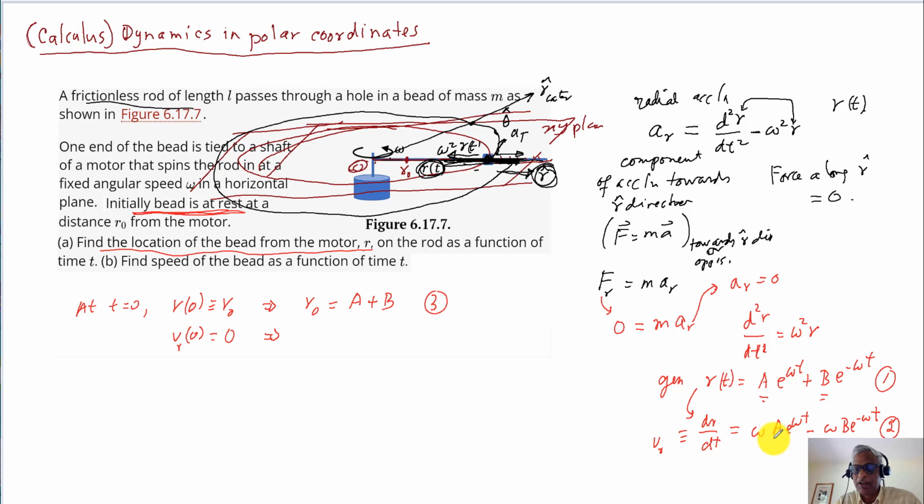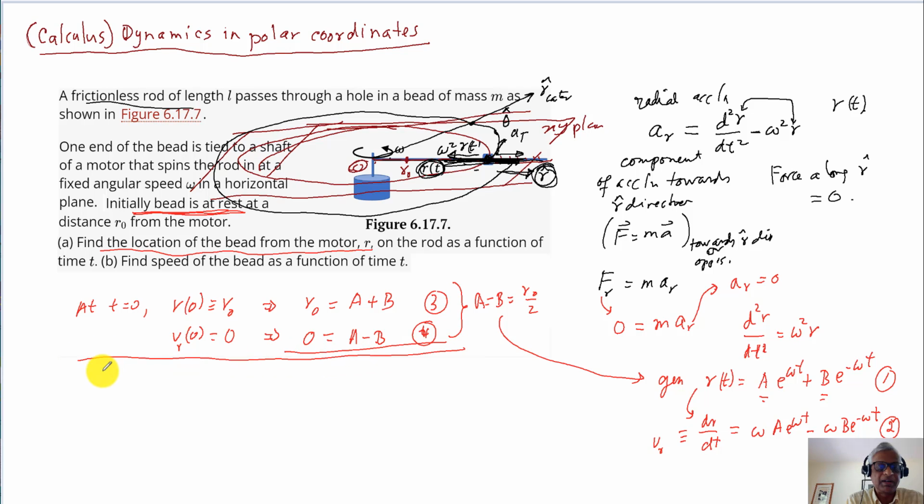So omega a minus omega b is 0. So this is 0 equals omega times (a minus b), and omega can sit on the side. It makes a minus b equals 0. So you can solve for a and b. They're equal to each other, and from there you say a equals b equals r0 over 2, and we'll put that in here. So the answer for part A will simply be r at an arbitrary instant t while on the rod,